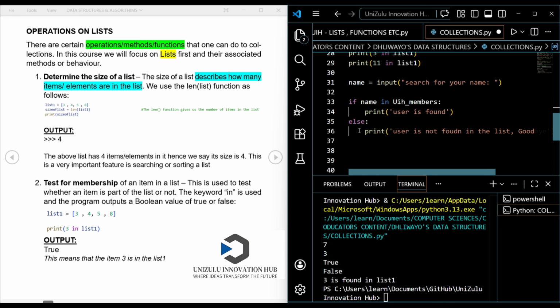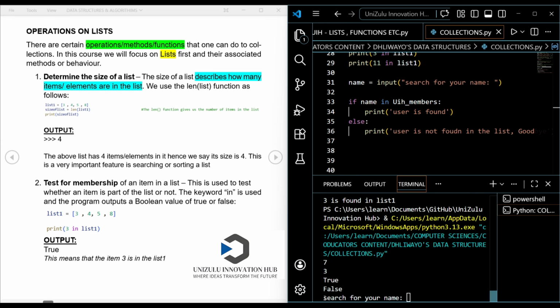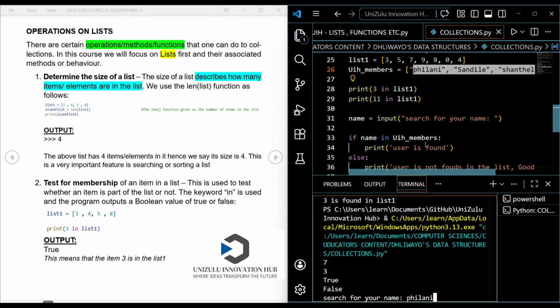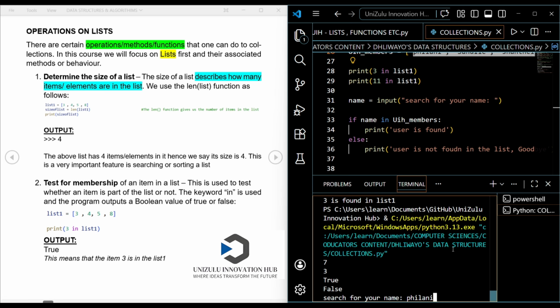So if I run this, my console is going to prompt me to search for your name. Let me search the name Philani, because I already know that it is found within the list of UIH members. Then I press enter.